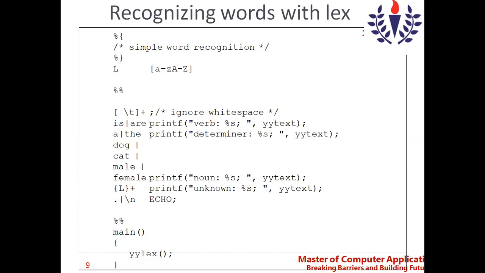We do not know what kind of input will be given by the user. Sometimes the user will give the verb as is. Sometimes the user will give the verb as was. So each time we cannot go and change the pattern. It is not an easy job. When the input is given, we cannot go and change the program accordingly. And it is not an easy job to include all the verbs over here also.